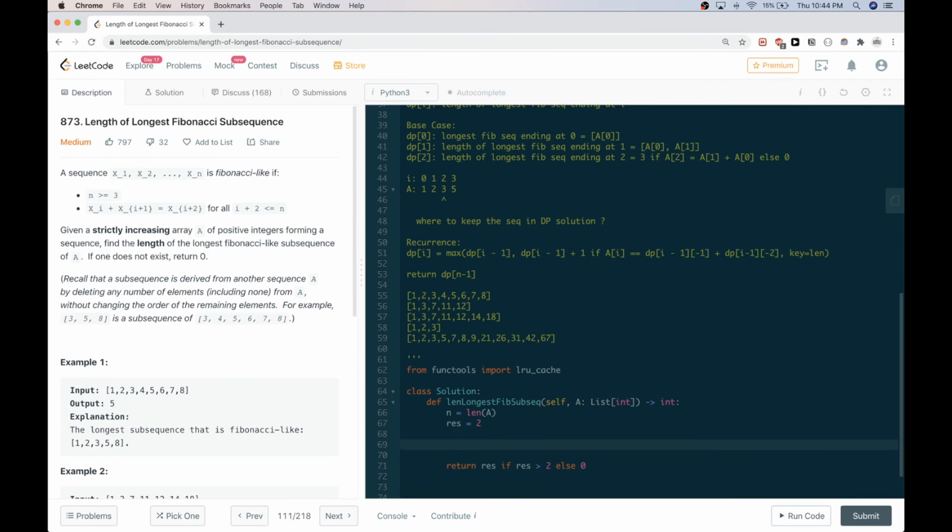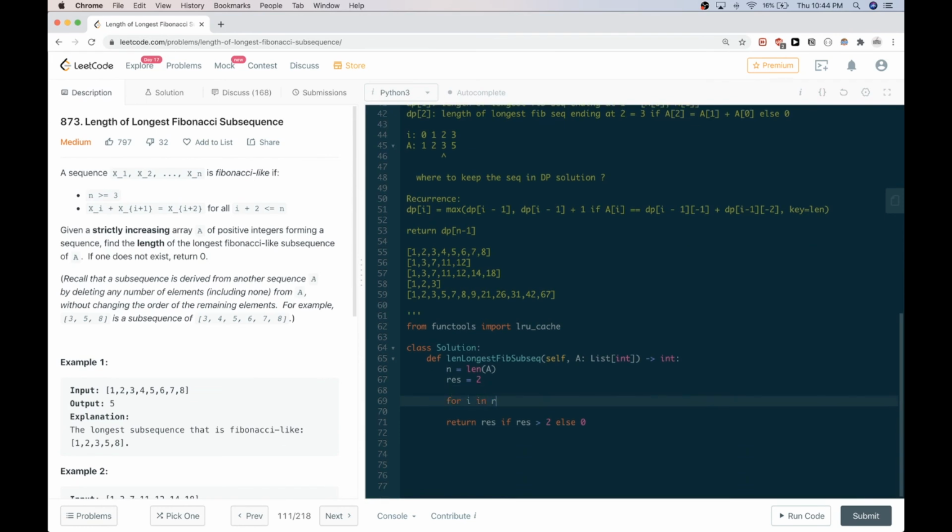And then here we can start with a range of n and try j to be after that. And then here we'll need to have A, B and then length, which are,